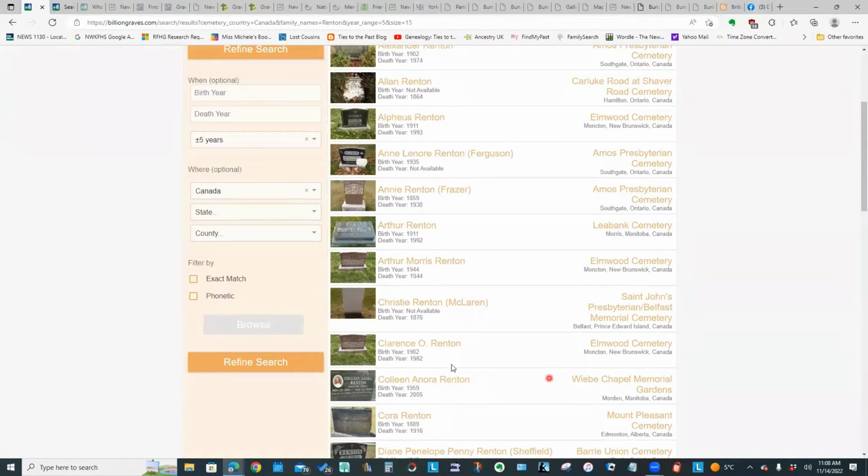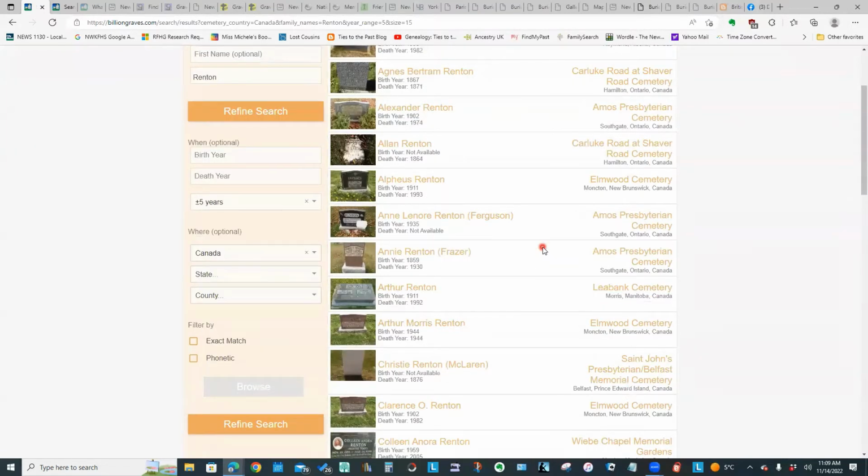And I can refine the search. I can say I want it to be an exact match versus phonetic. I could put in birth or death years. But one of the things I wanted to point out, the coverage of cemeteries for all of these websites does vary.